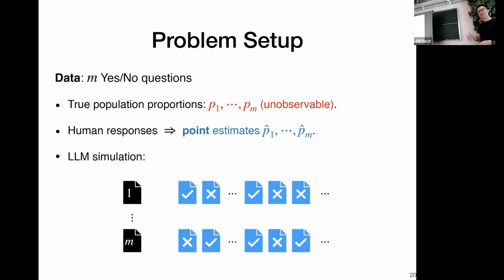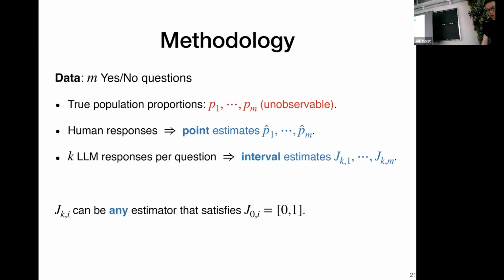And selecting the sample size means we want to understand when to truncate this sequence. If our sample size is 50, let's say, then we will truncate this data stream at around 50. So this is the data. You have real data from humans summarized into these point estimates, and synthetic data from the LLM. Okay, then what should we do?